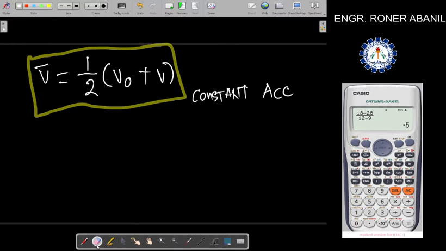Mali, sorry, sorry, nahihilo na rin ako. 'Di pala 'to constant acceleration. Ito pala yung tinatawag na average velocity. Sorry guys, nagkakamali rin. Average velocity. Okay? So,